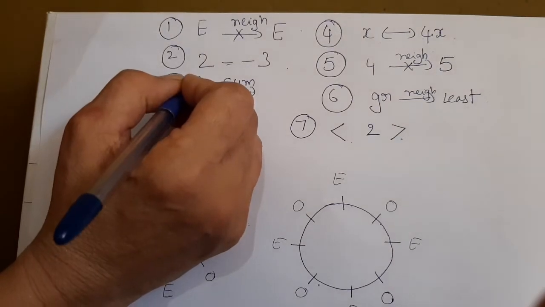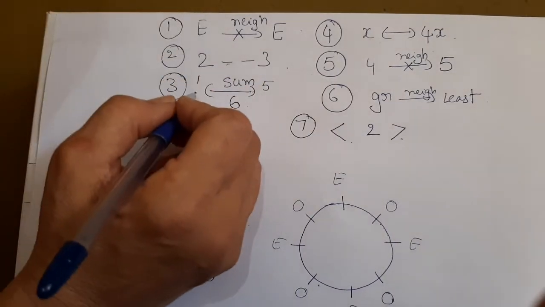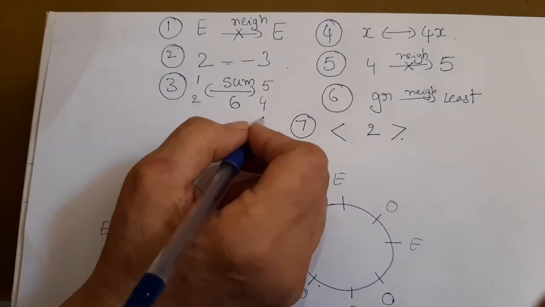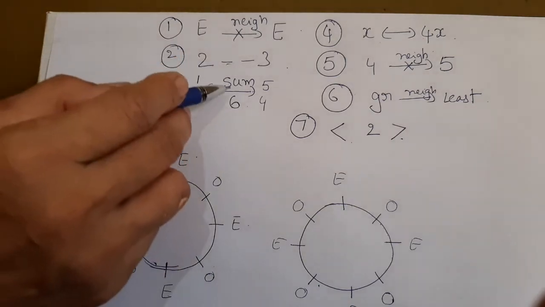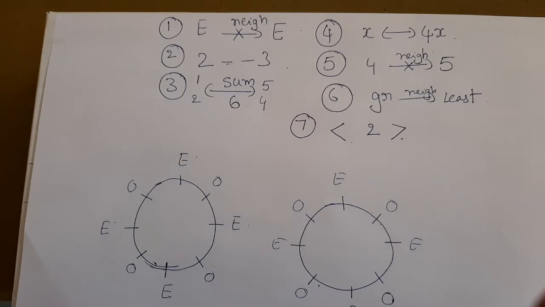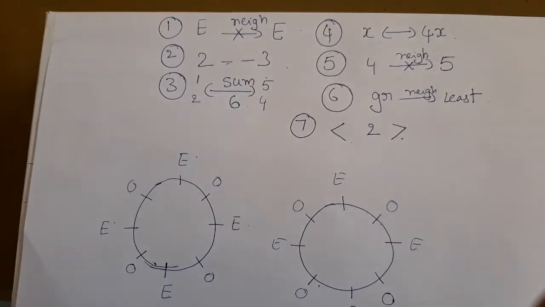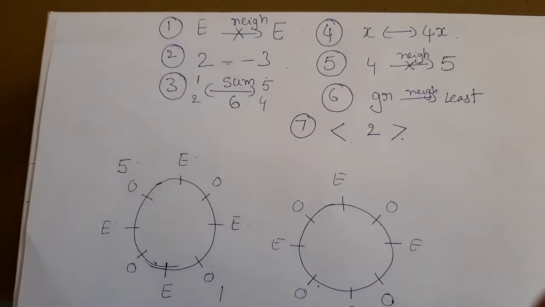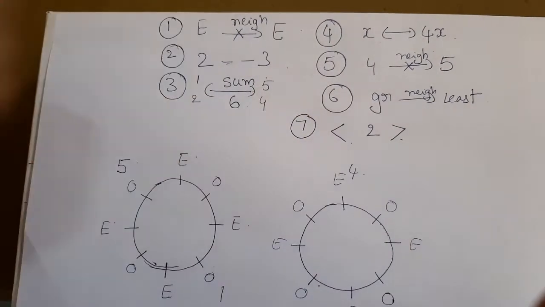So here if I write 1, either 1 and 5 opposite numbers must be, or 2 and 4. 3 can't come here. If I write 3 here also I have to write 3. That is not possible. Only 1, 3 we have. So with which hint we have to start the problem? That depends on the problem and it varies from problem to problem. Now there are two options, 1 and 5 or 2 and 4. So let me take 1 and 5 here. 1 and 5. 2 and 4 here. 2 and 4.